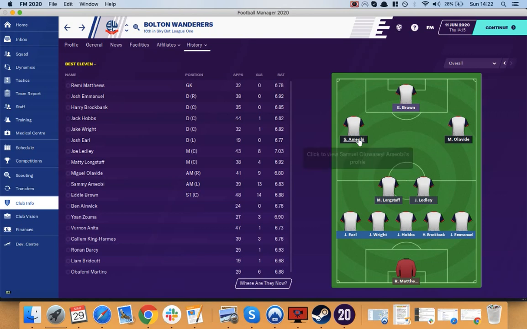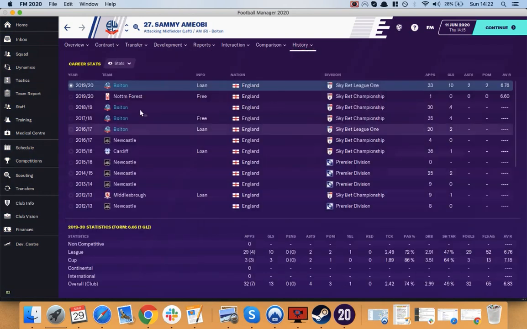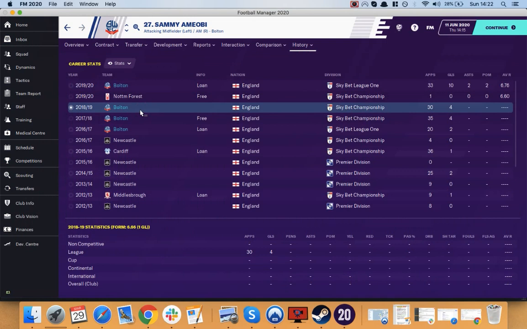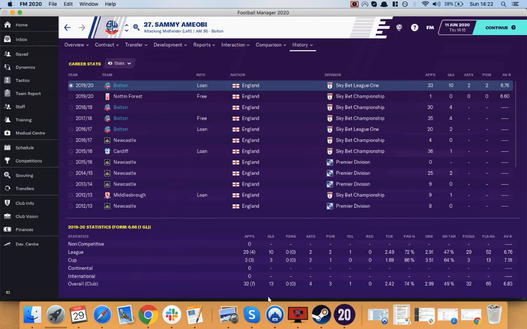The other one is Sammy Amiobi, bit of a legend at Bolton, was at Bolton before, so he was at Bolton as soon as 2018-19. Obviously on the game, his Forest career doesn't go very well. I think he's doing okay in real life, so we snapped him up on loan, and he did really well. He scored 10 goals, 13 in total, which Amiobi isn't known for his goal scoring, but I think at League One level you can expect a bit more goals from him,